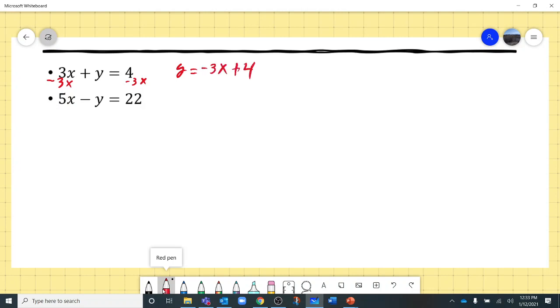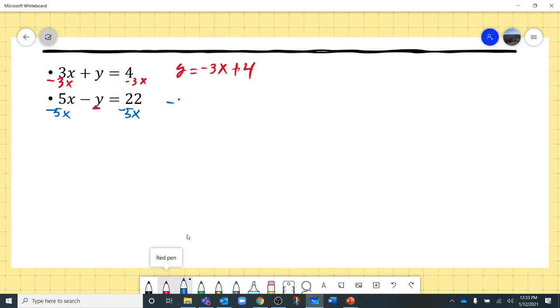And I could be done at that point, and I could plug this in for my y right here, and that's fine if that's what you want to do. I'm just, again, trying to give you more examples of different ways to approach this. There's lots and lots of ways to approach these. So I'm also going to solve this one for y. I'm going to subtract 5x from both sides,